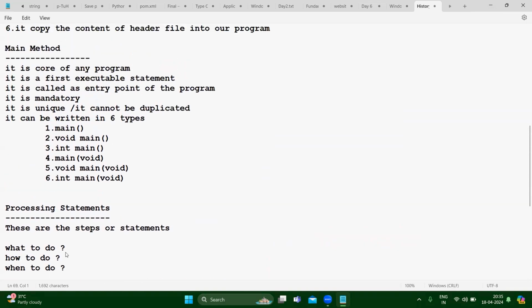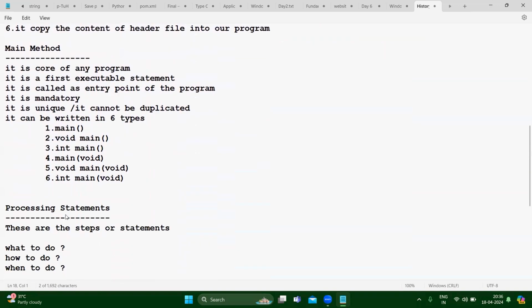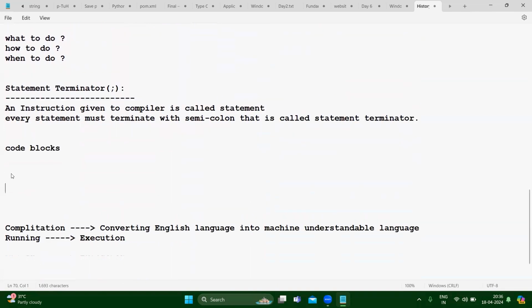Next, here we have the open curly bracket and closed curly bracket, right? What do we call them? In that only we have to write the processing statements, right? Yes, correct. That is known as the open delimiter.